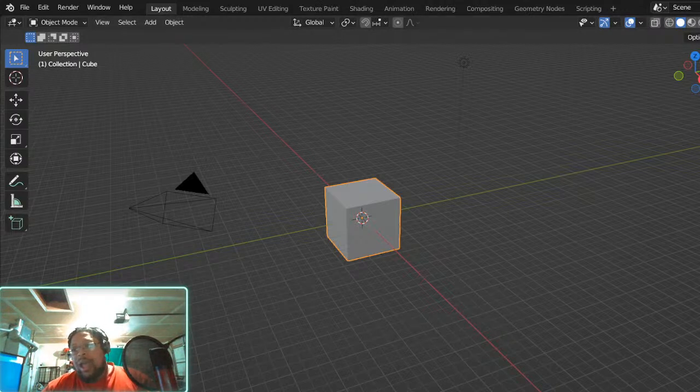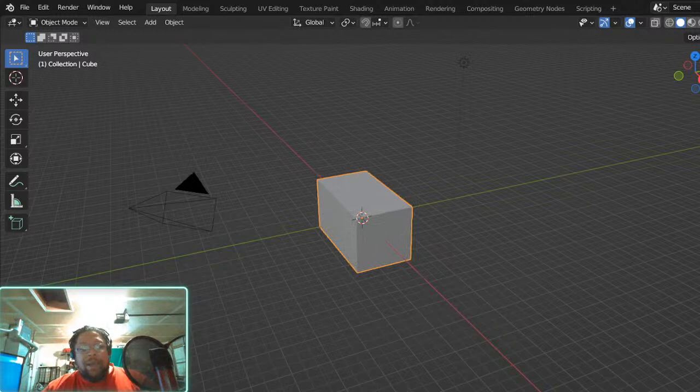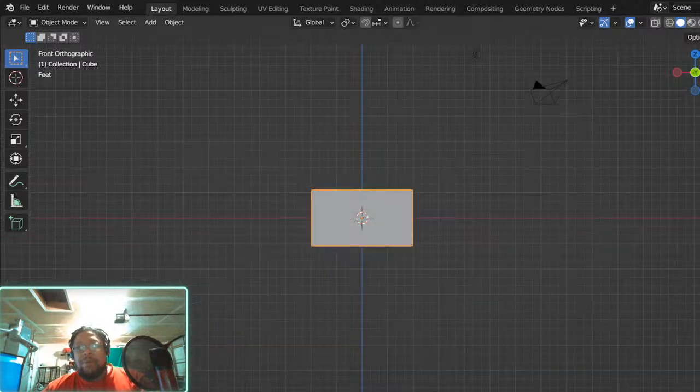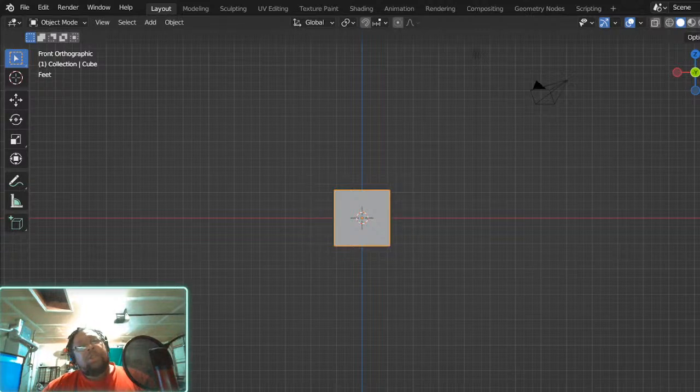So I know that I want my elevator to be. I'm gonna say I want it to be about 5 feet across.